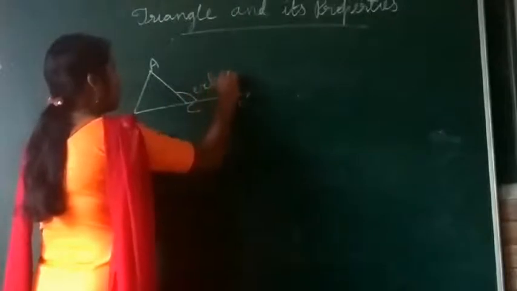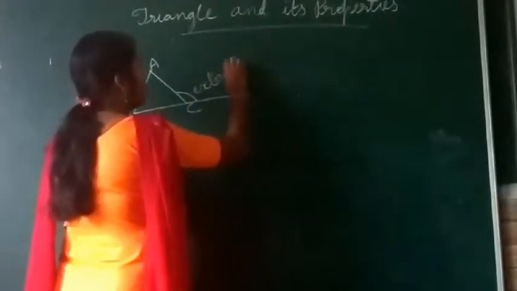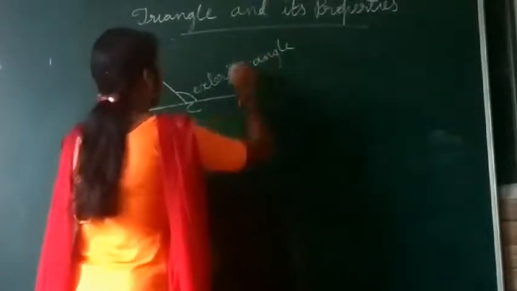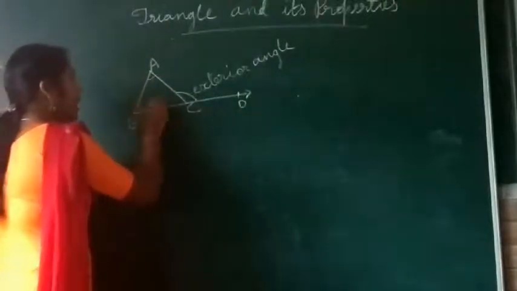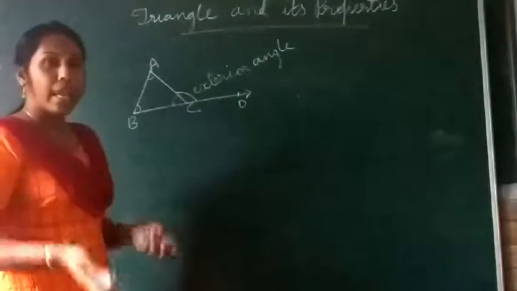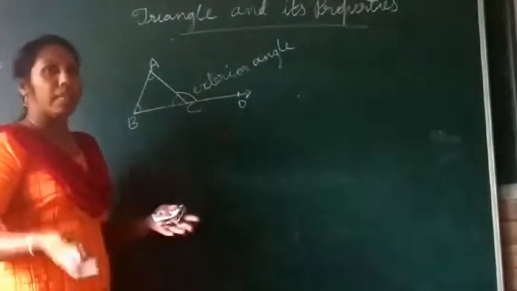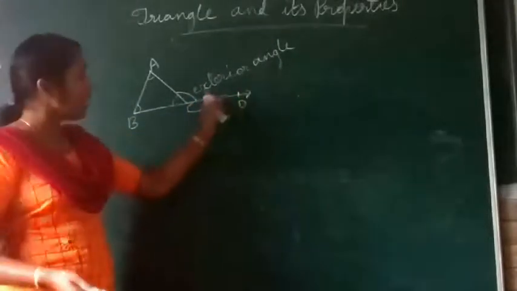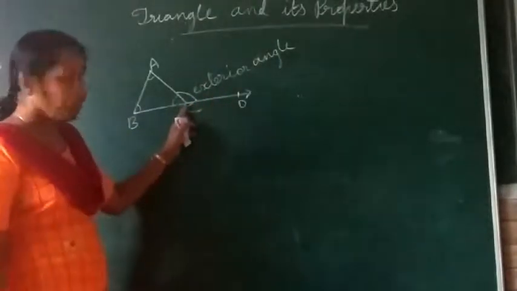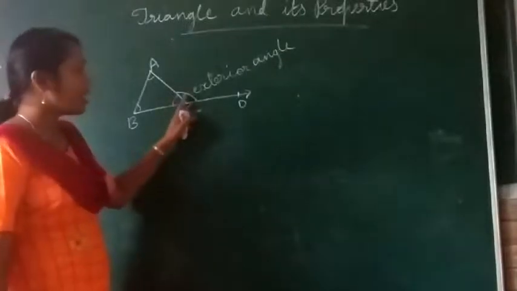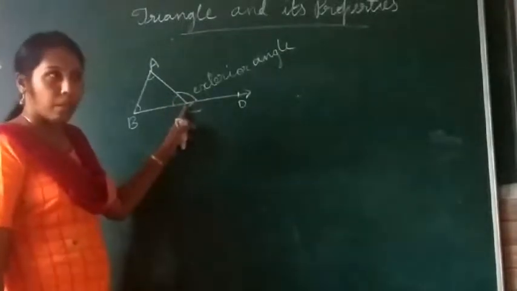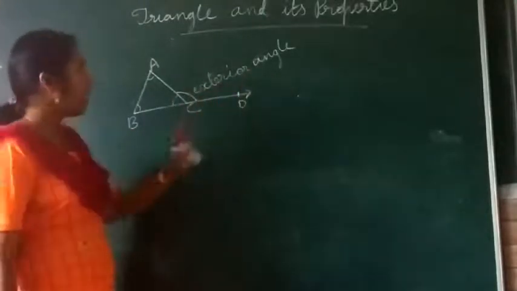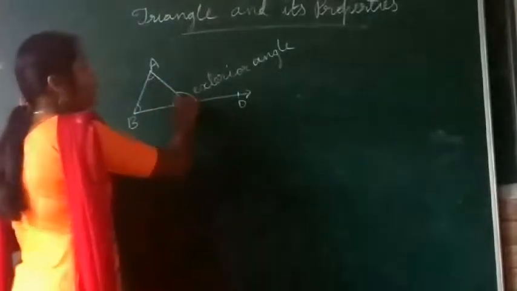This is the exterior angle. So these 3 are known as interior angles. The angles of a triangle are known as interior angles. We don't say specifically interior, we simply say the angles of the triangle. But exterior angles have to be specified with their name exterior because at one vertex, the interior angle and also the exterior angle exist at the same vertex. Therefore, we have to specifically say the name of the exterior angle. That means angle ACD is an exterior angle.